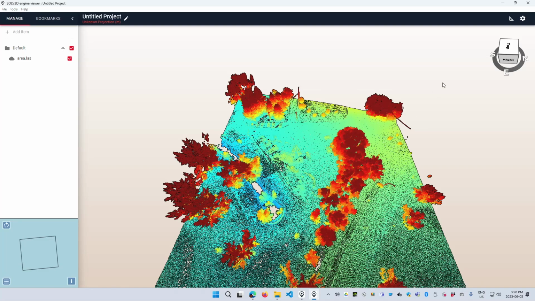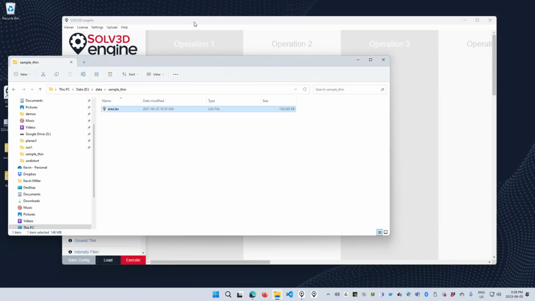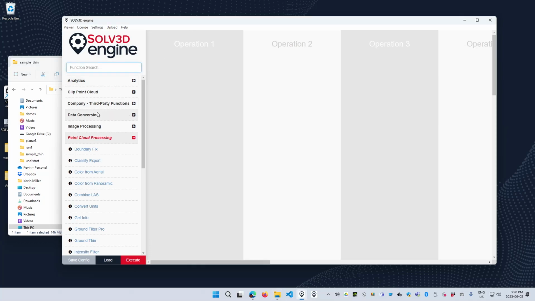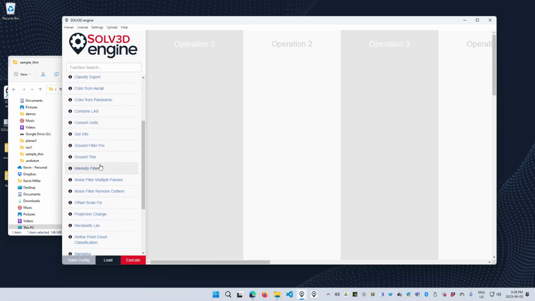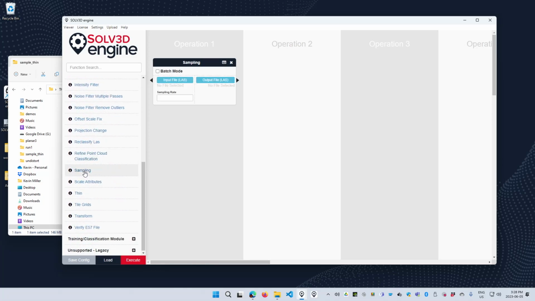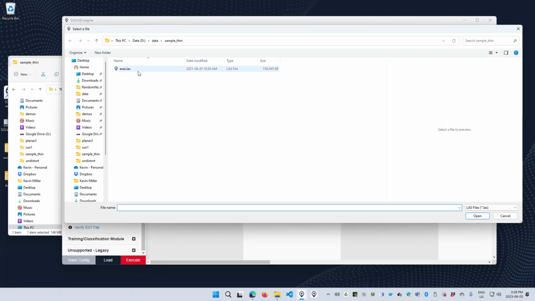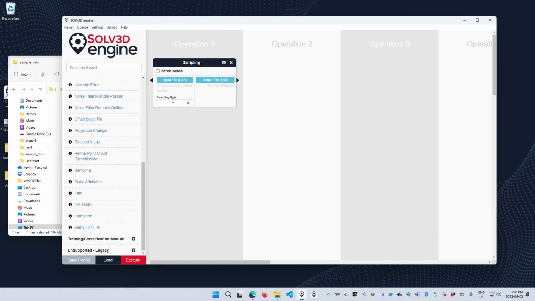So we're just going to close this. We'll talk about sampling first. So under the Engine workflow, under the point cloud processing category, we can expand that and find sampling. So it's a pretty simple function. You select the point cloud. So we're going to pick area.las, and then the sampling rate is, say for example, if we type in 0.1,